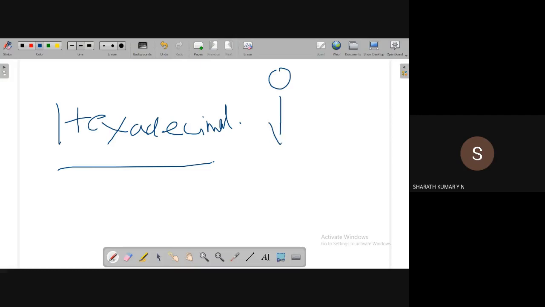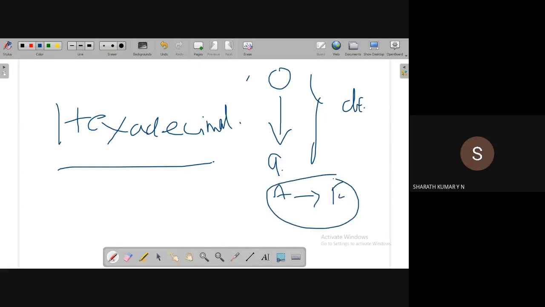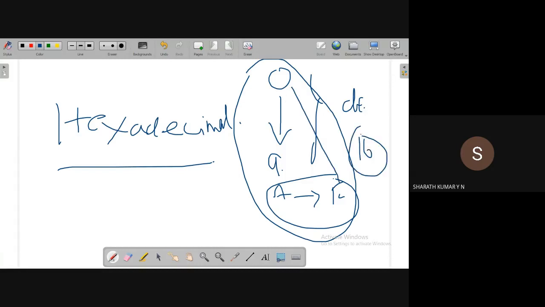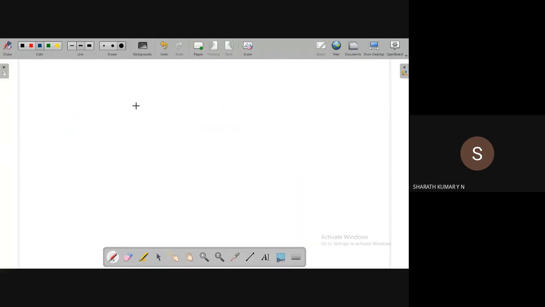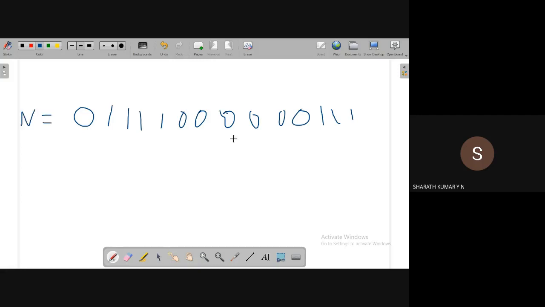It ranges from 0 to 9, which is the same as decimal, and it has A to F. The total number of digits available is 16, from 0 to F. How does it identify? For example, let us say some huge address bits, something like this. Let us say this is the address bits. This has to be converted into hexadecimal numbers.